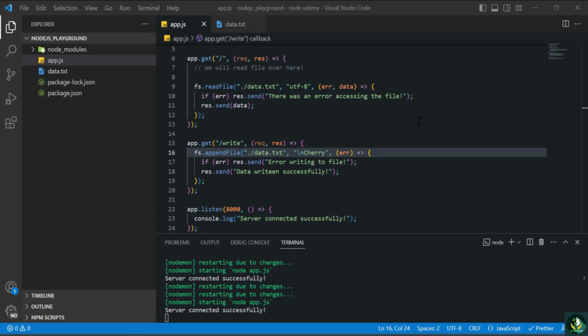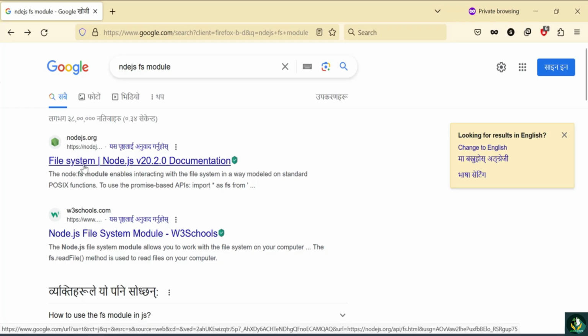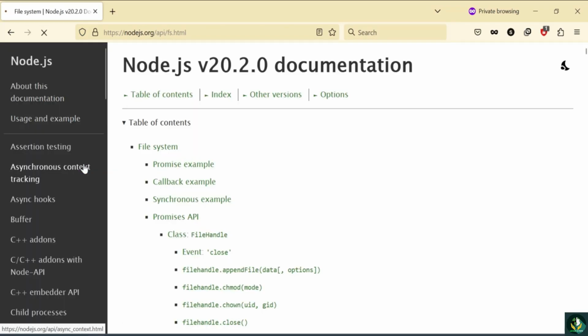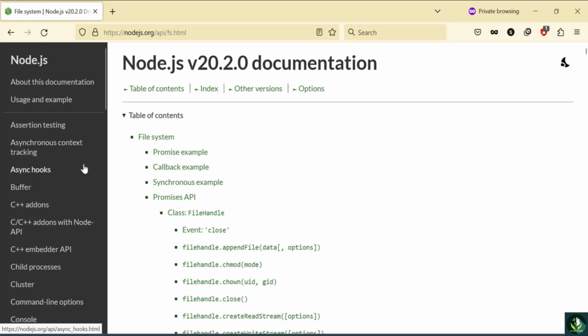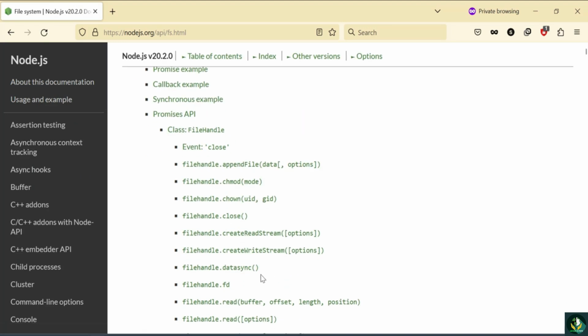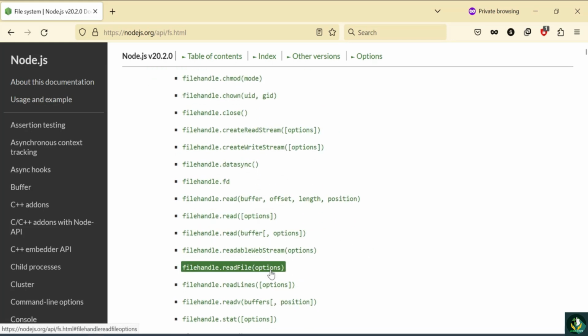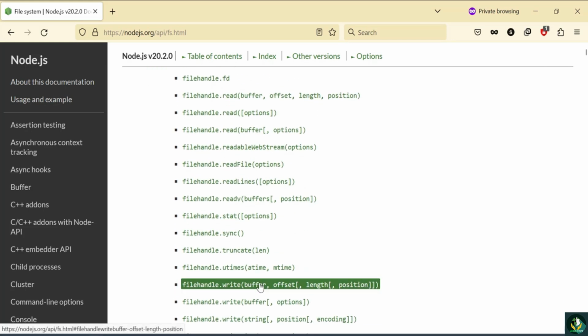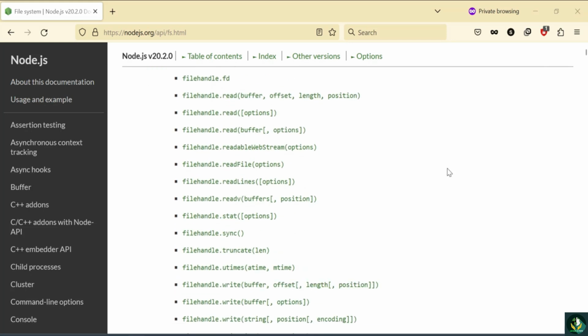So there are a lot of things that we can do using the FS module of Node.js. We have only learned a few. We have learned how you can read a file, and how you can write or append to a file. But if you go into the documentation of the FS module, if you search for Node.js FS module, you can find tons of stuff that are available. For instance, you can change the permissions of the file, you can read a file as a stream, you can sync the file, truncate it, and different other stuff. But we will not be learning each and every one of them. And the reason is,